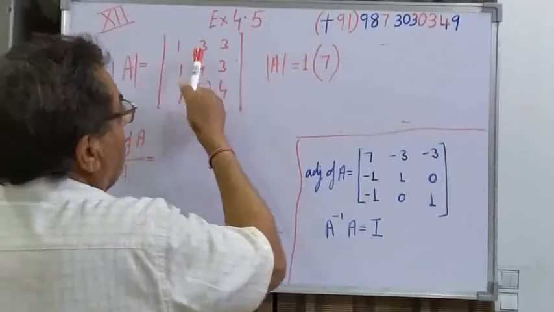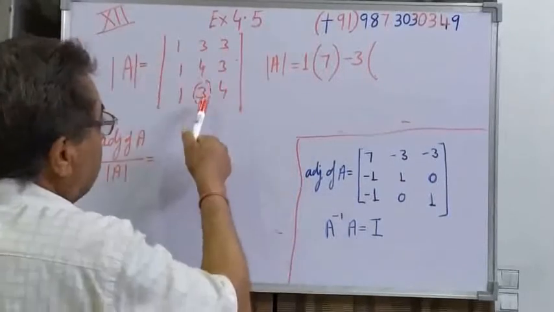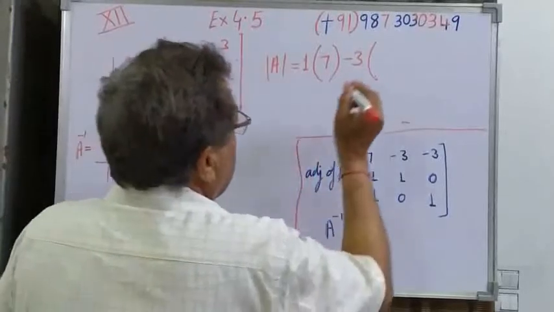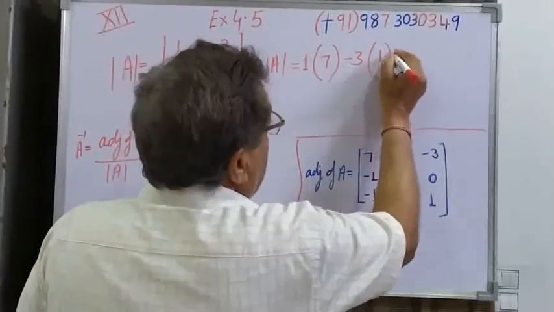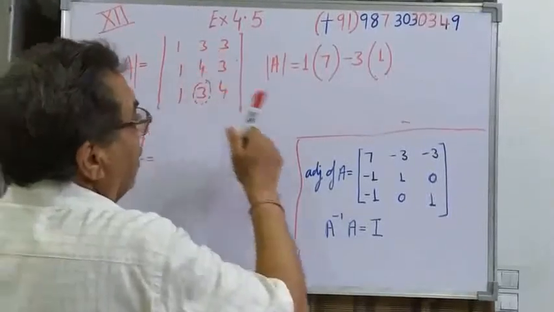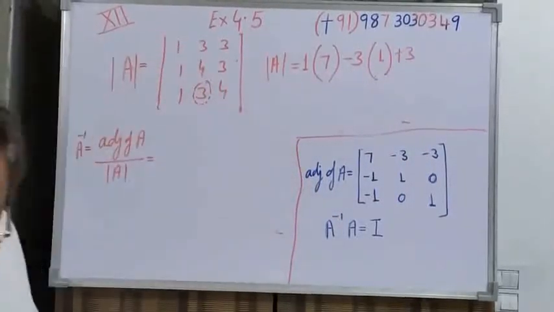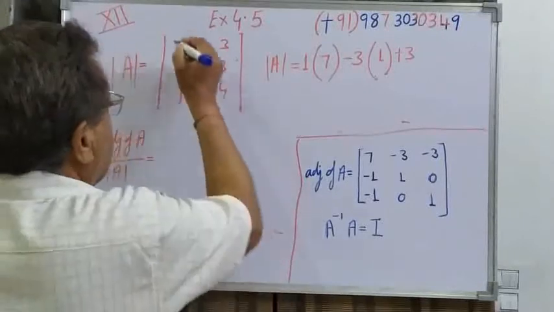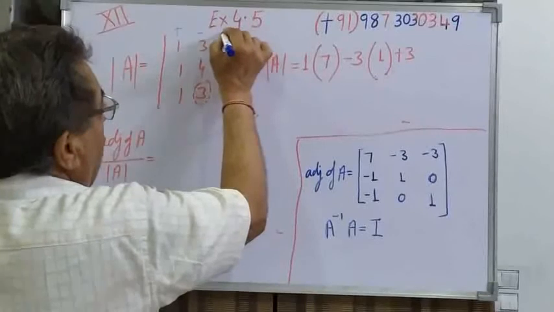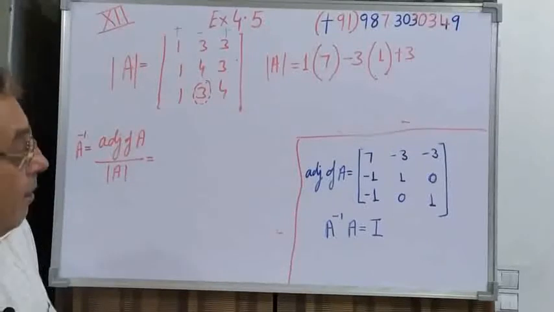Then we go for this one, negative sign and 3. Start the bracket, hide this second column, first row. 1 4 is 4 minus 3. 4 minus 3, 1. This is what we are getting for the determinant of A. Now the next 3 plus. So first, which sign did we get? Positive. This was given the positive sign. This was given the negative sign. This is given the positive sign. Plus minus plus.